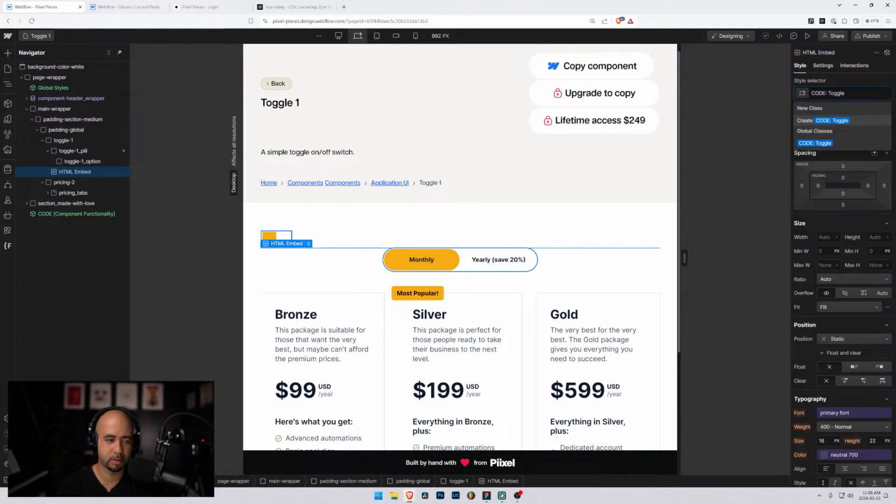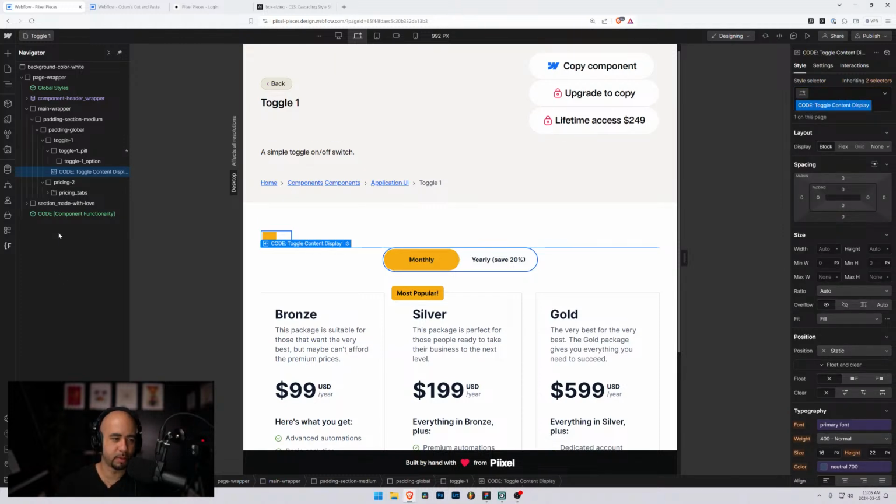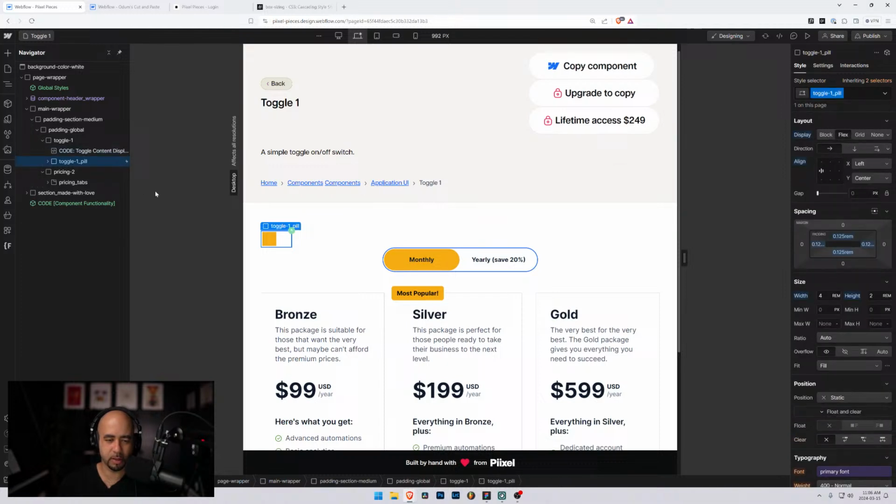toggle content display. I don't know, I just gotta call it something. Maybe a little bit better than that, but that's what it's doing. Okay. We could probably throw that up here. I like to have it at the top. Okay, so